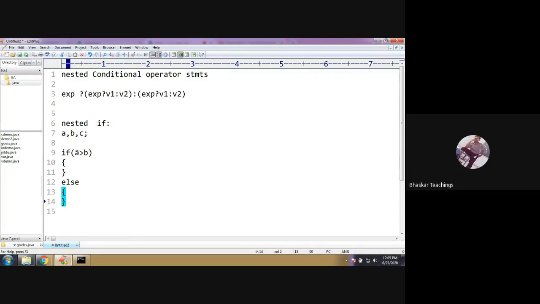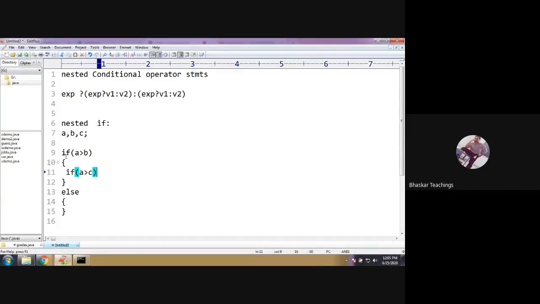So when A is greater than B is checked and evaluated true, can I declare A as the biggest of three numbers? Can I declare or not? No, sir. No, because A is greater than B, but also A should be greater than C. We have three variables here. Therefore, I need to check one more condition, whether A is greater than C or not. So once A is declared bigger than B, now it's time to check whether A is greater than C or not. Therefore, it will be included inside this if block, that is nested if.